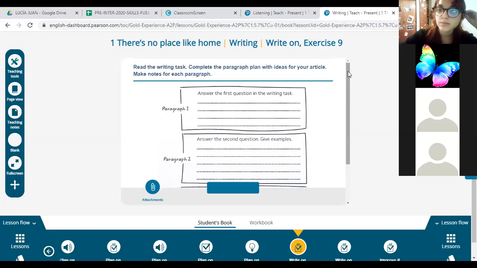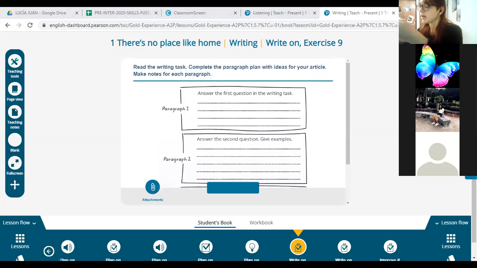Okay, we have a few minutes left, so we're going to be working on the handout. We're not going to use the book anymore. We're going to be working on the handout on page 10 with some exercises regarding quantity words. So the handout, page 10, it looks like this, or like this. You have it here.